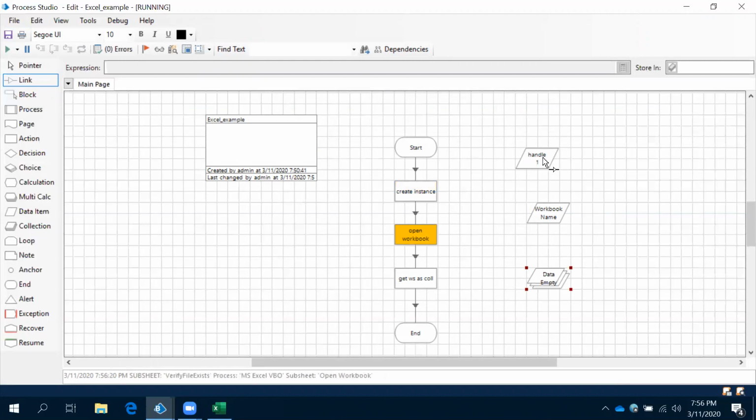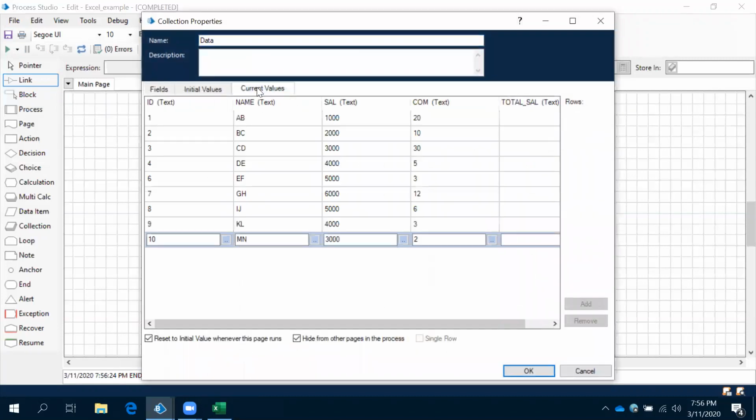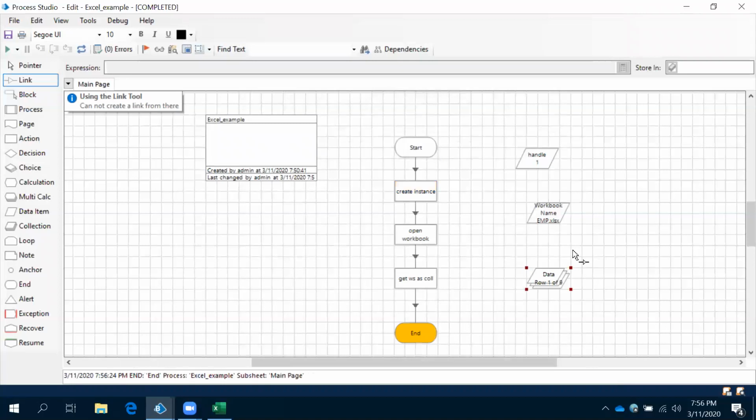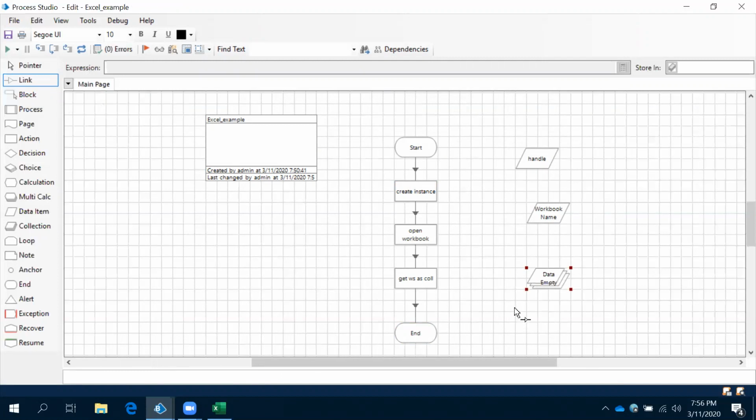First, it runs create instance, handle, workbook name, emp.xls, and then how many records we have in the Excel file: 1 of 9. Observe this, all your records are available, right? This is how we get the data from an Excel file into your collection. You can run this any number of times.